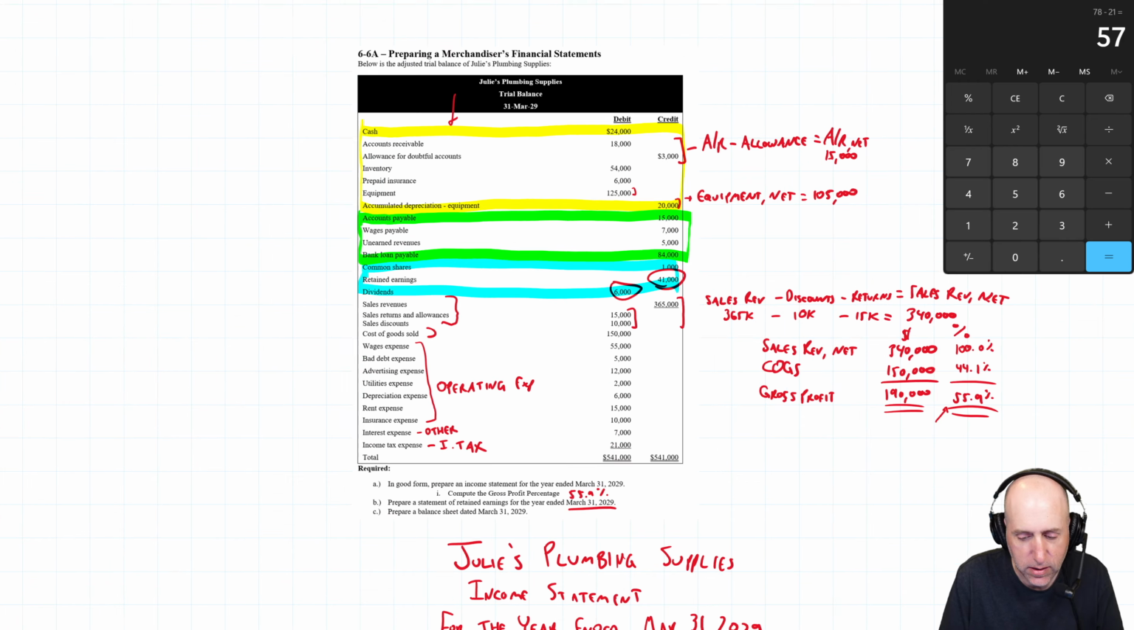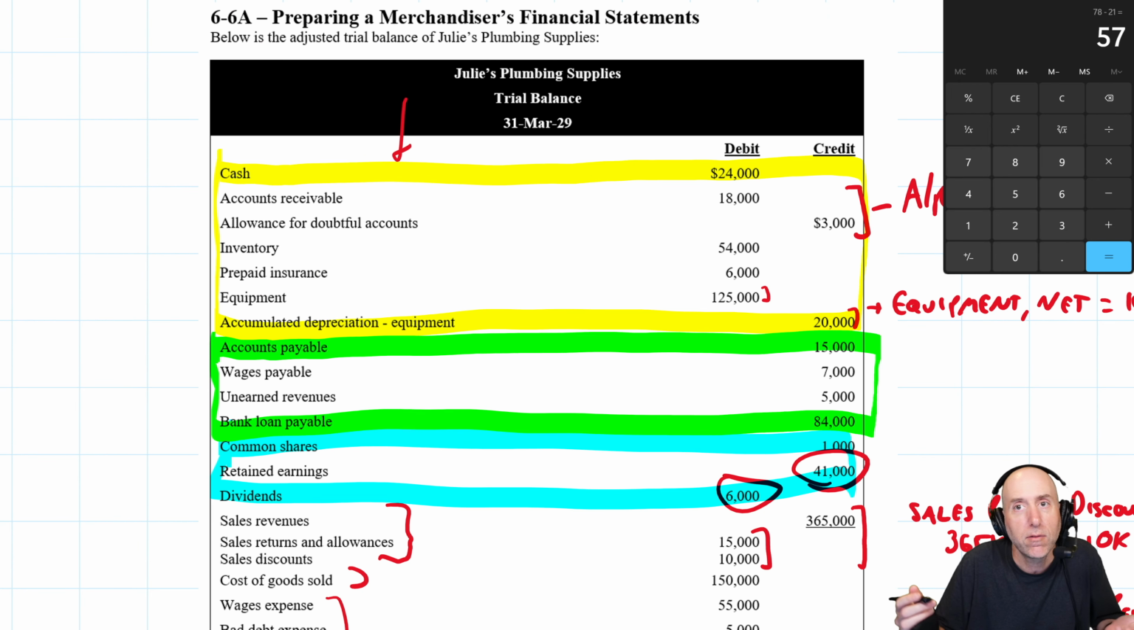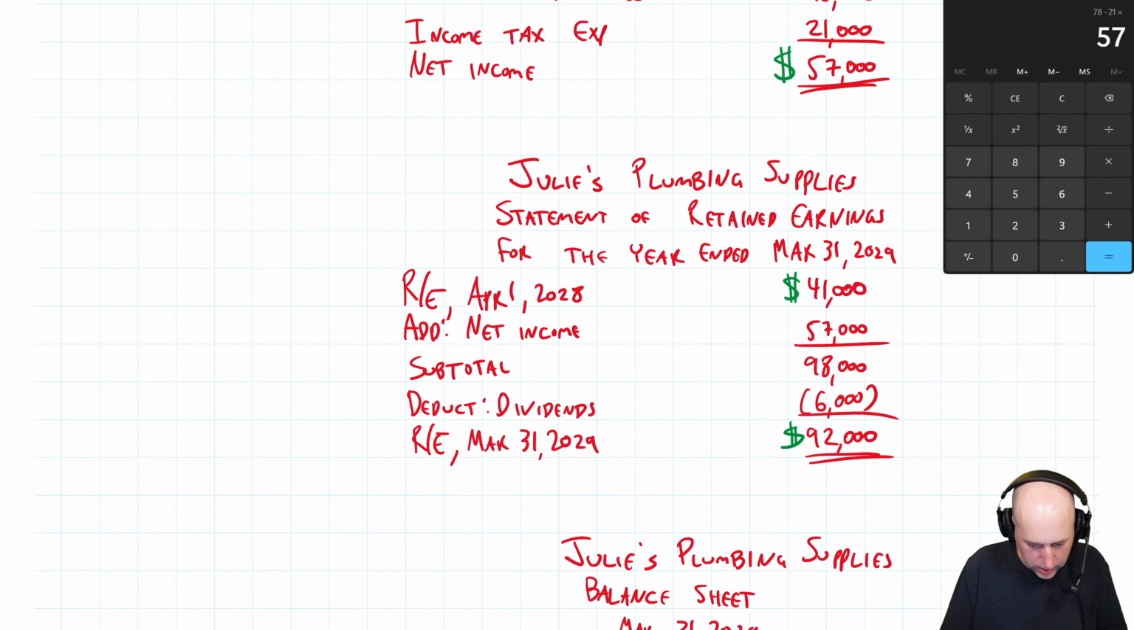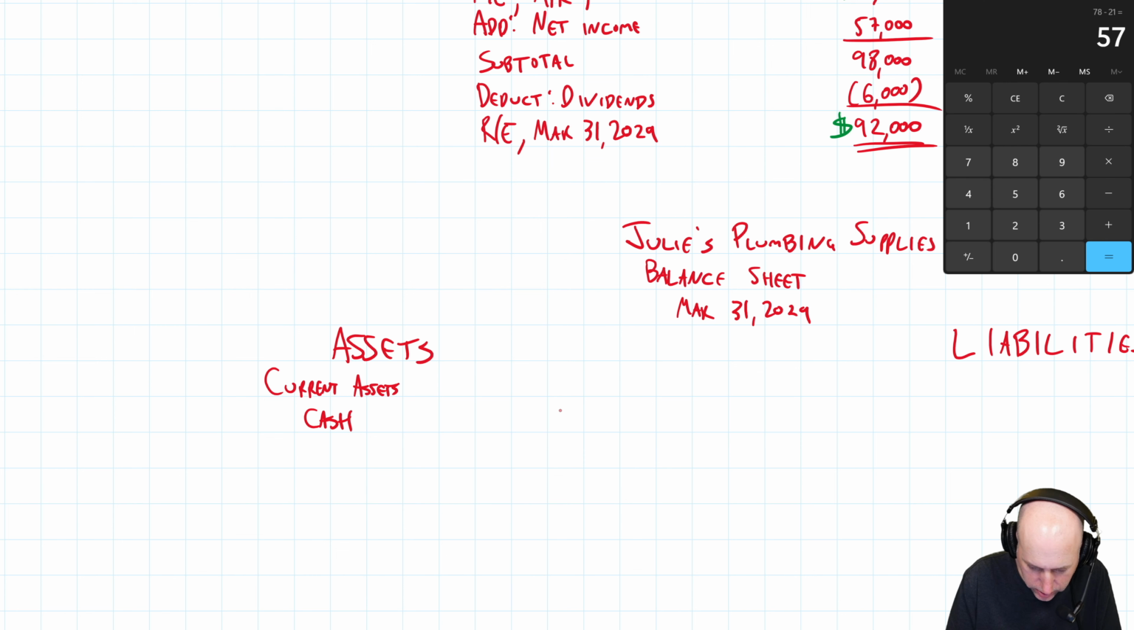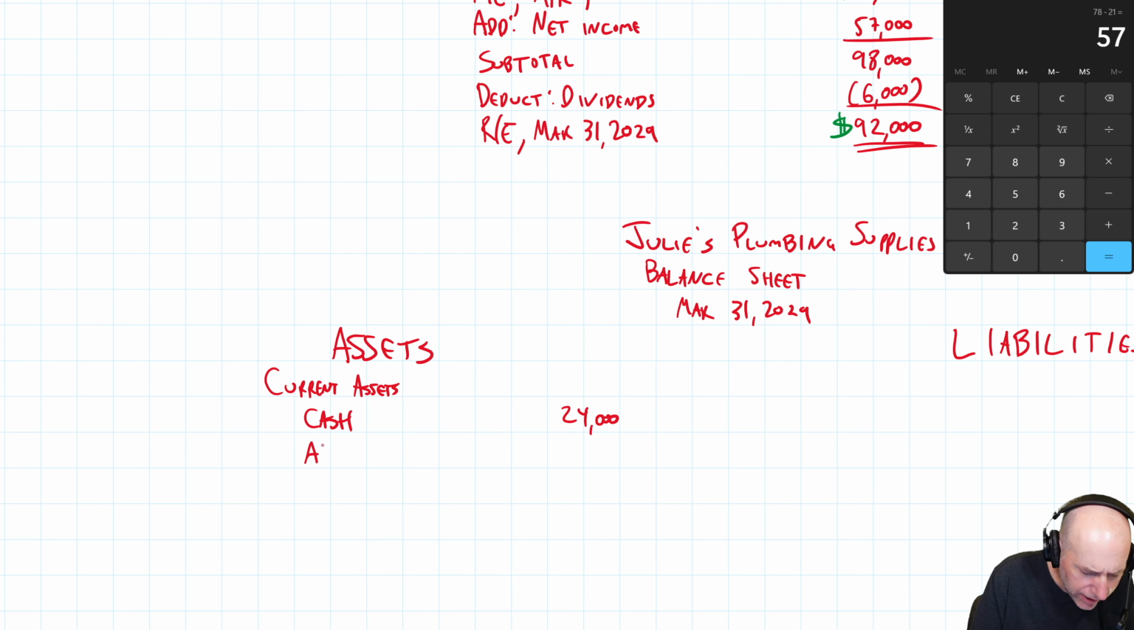Now, the good news is, because they give us a trial balance, everything's in the correct order. So let's start with our first current asset, cash, $24,000. So under assets, another subheading here, current assets, cash, $24,000. My next asset, and I remember it, is AR, and I'm very alert to this, that it's AR net,